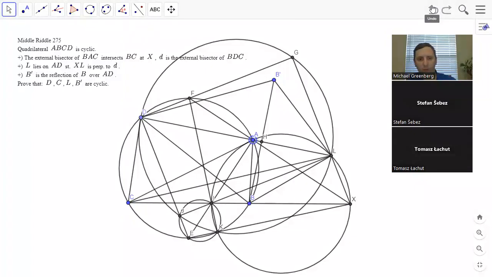So really we want to find a way to relate ACL to ABL. And then once you add twice that other angle, then you want to show that's 180. So